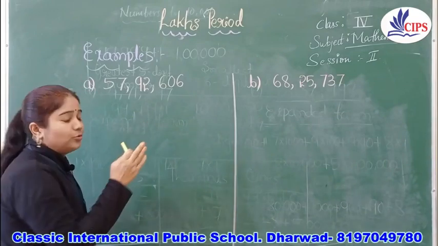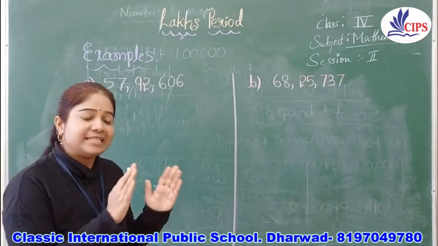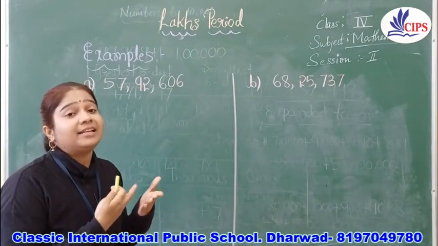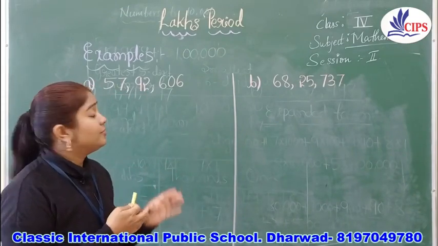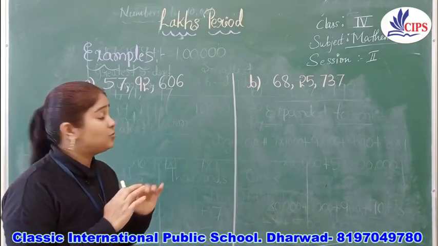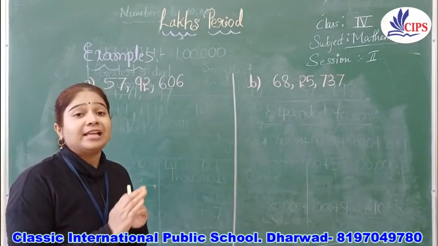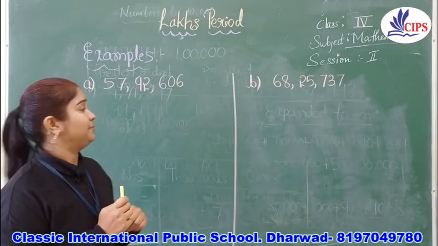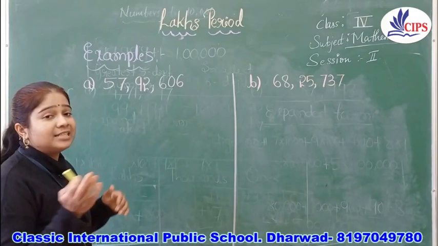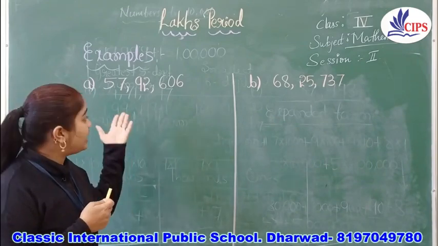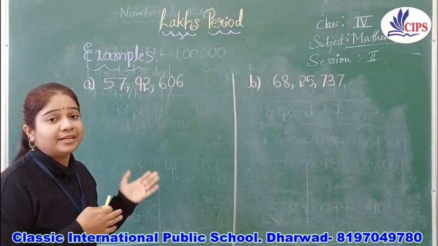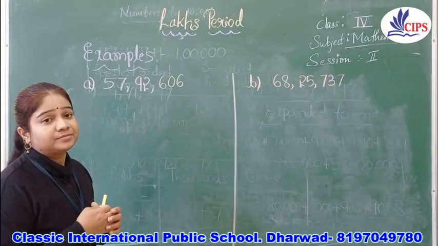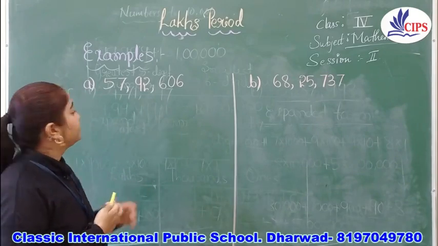So now if you know the place values of the respective digits, you can easily read that number. First and foremost, the first thing is what? We have to identify the place values of those digits. Then you can read it easily. Okay. So now you can just try it. Just try to read this. Which number is it? What can you call this? Read it. Try to read it.